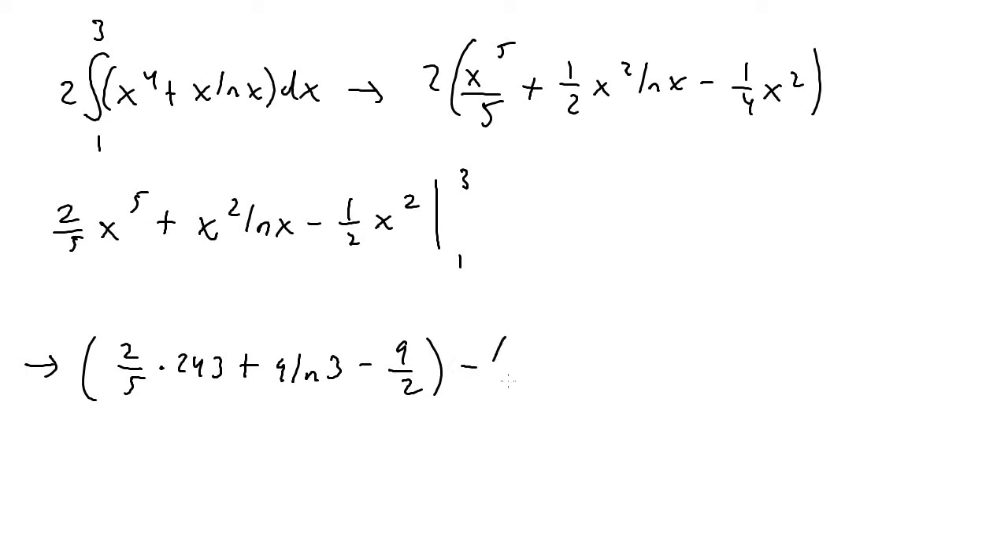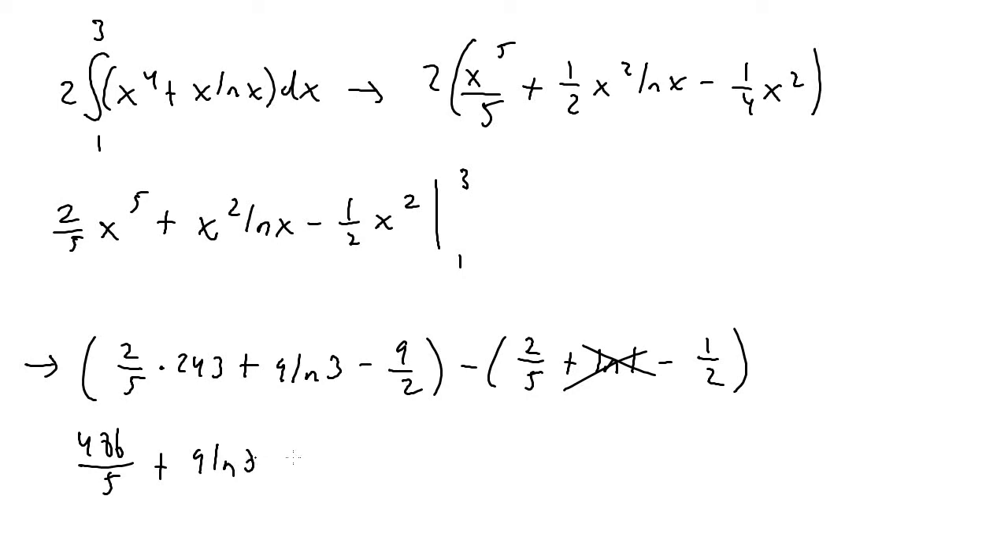Minus, when I plug in 1 for x, so we'll get 2 over 5 times 1 to the 5th, so there's 2/5, plus 1 squared, which is 1, times ln of 1, and then minus 1/2 times 1 squared, which is just 1/2. Now ln of 1 is 0, so that can cancel. And so 243 times 2 is going to be 486, so we get 486 over 5 plus 9 times the natural log of 3 minus 9/2, and then minus 2/5, and then you have a negative and negative, that'll cancel,